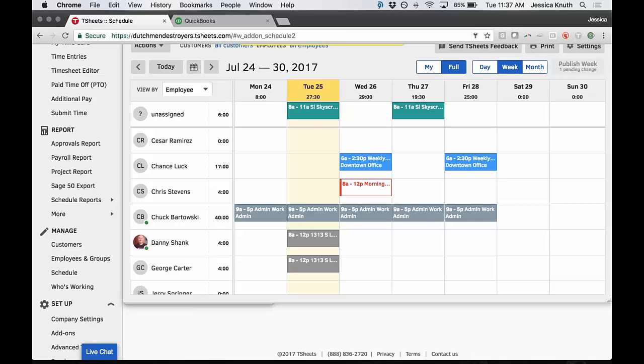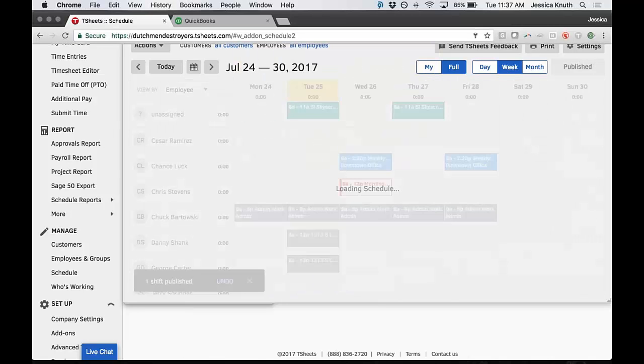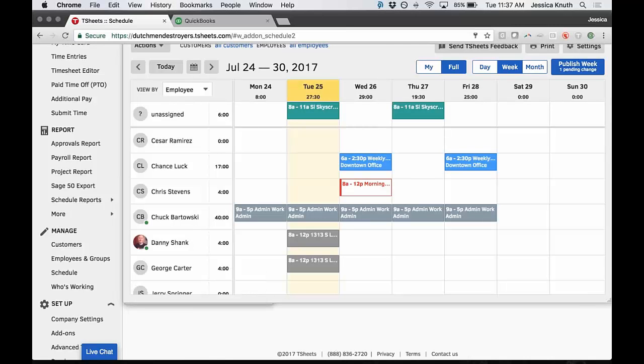What that does is it sends a notification to your employee, letting them know that a new shift was assigned to them. So that shows up on their app if they're tracking time on our app, or it can show up right here on their schedule on the Tsheets account, or it can even be pushed to Google Calendar, iCalendar, Outlook, whatever you'd like. So it does that there. And then the other option is, of course, a job schedule, and that might be more like if you